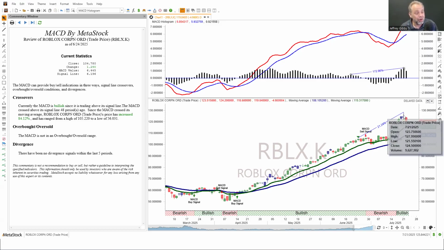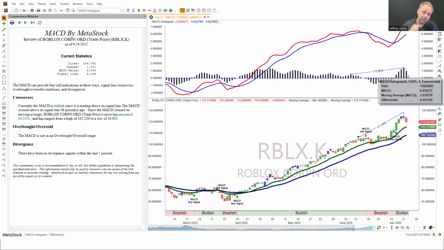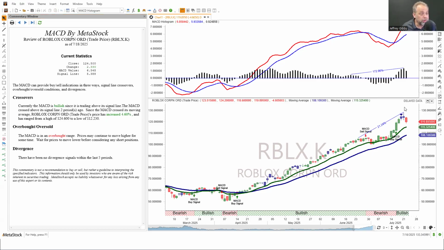We're definitely getting a new high in price. It's definitely getting supported by a new high in MACD. They're converging. So, okay, there you go. Those are the three different ways. If we do see one, and we don't in this commentary, the third thing that we do see here, even if I just look at the price there, is not a divergent signal. And if there's one in the last 5 bars, it'll let you know.